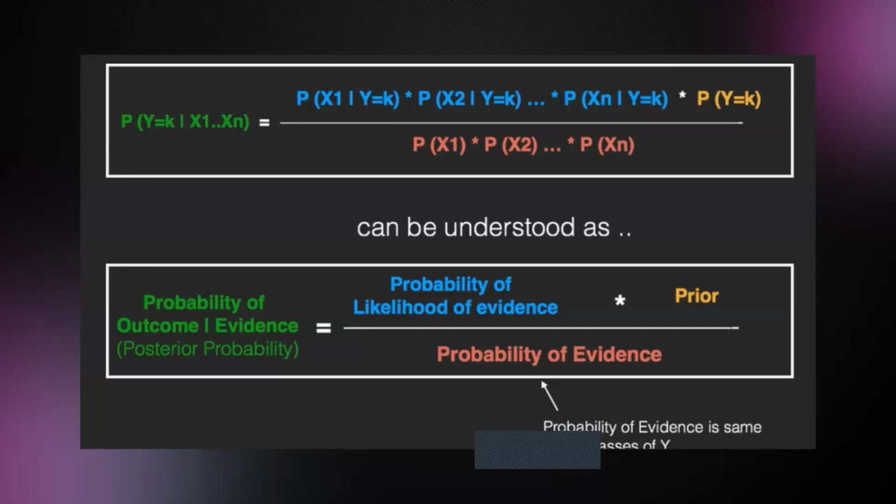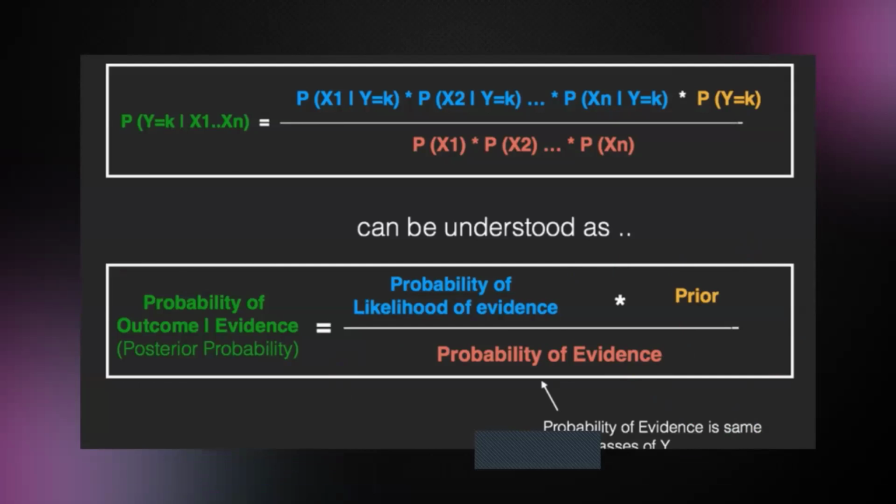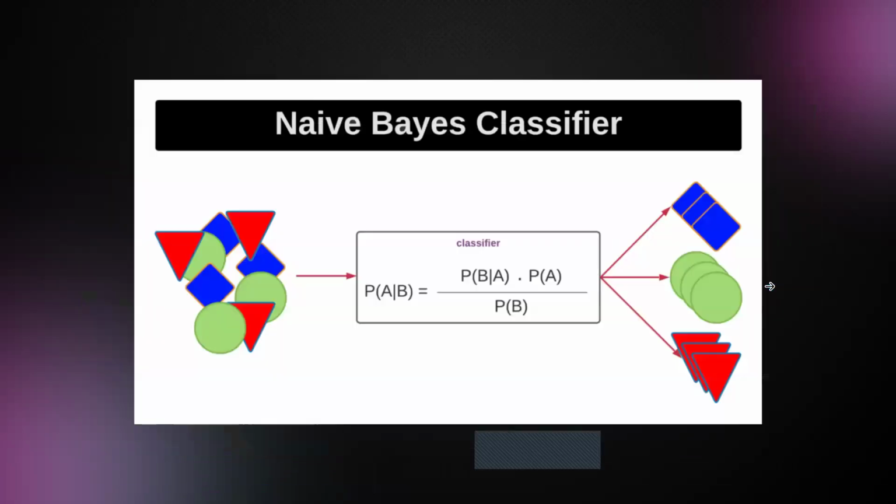So probability of an outcome given the evidence. The probability of evidence is the same for all classes of Y. That's why we'll not be using that at all in the last one. We'll only calculate this part: the likelihood of an evidence times the prior probability. Now this might seem very confusing, how do you calculate all these things? Let's take an example. We're going to use the naive Bayes classifier to classify